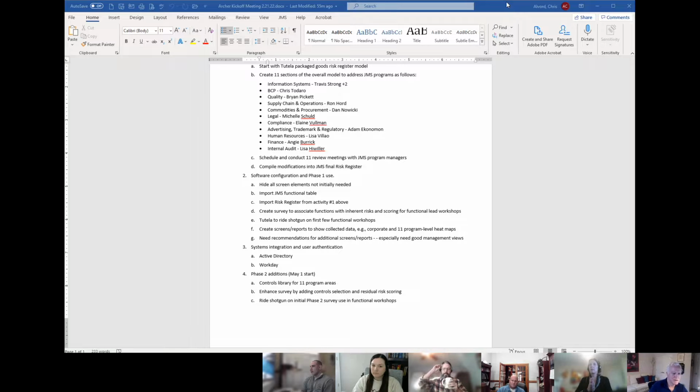A work plan. So let me jump in. There are going to be 2 paths, Colby. There's the Michelle path that's doing the content of the risk register, and then there is a Sean George path that is going to be, how do we set this up? What configuration? There are going to need to be some workshops on that side of the house, concurrently while I'm meeting with all the people about the content of the risk register. So bifurcated. Yep. And I think that's what Chris and I are both saying. I think I have an idea of where you're going, Michelle, with the risk register side, but what's the task list for the configuration side?